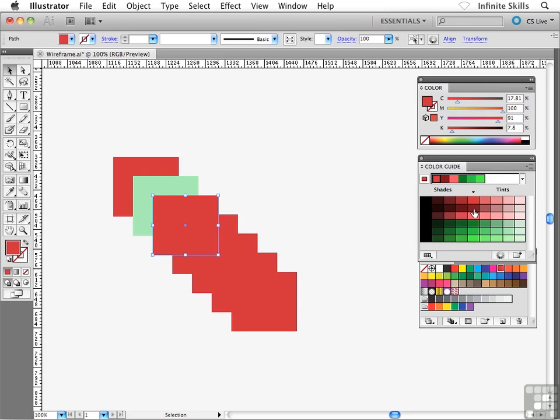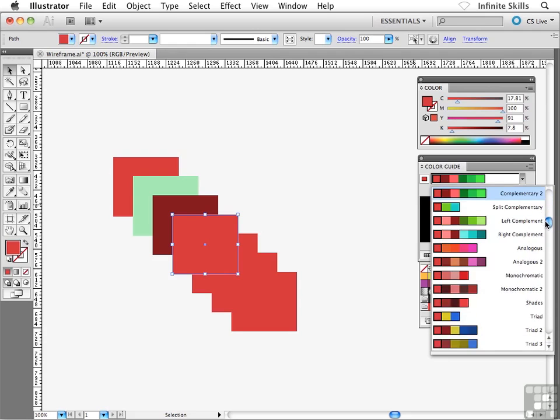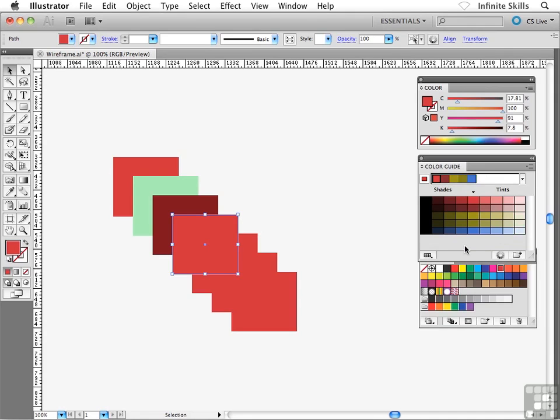Maybe I want to go with a slightly darker red. Maybe I want to do some shading, something like this, right? And this is literally how I create my palette of colors. Go down to the next rectangle and repeat, something like this, right? So you might want to take some time going through these different sets of colors that we have available inside the Color Guide panel and create a group of colors, a color palette that we can begin using for our